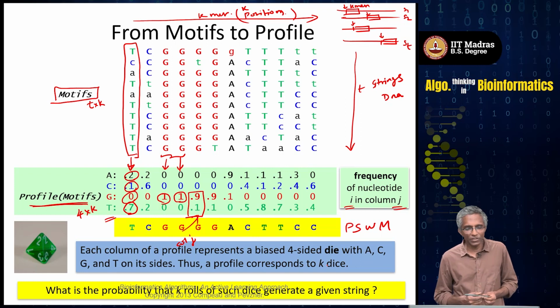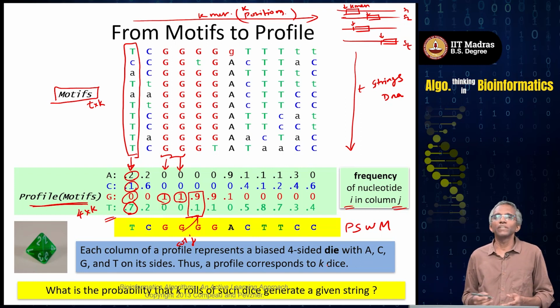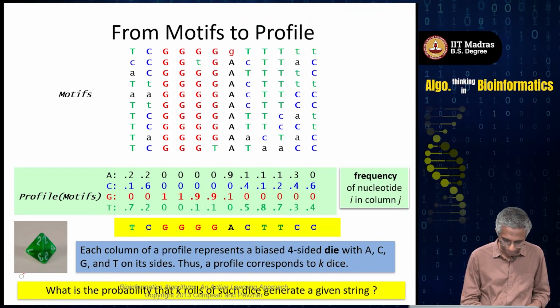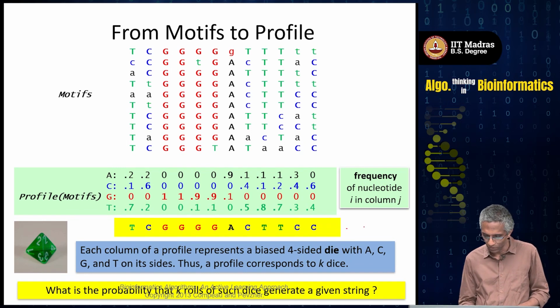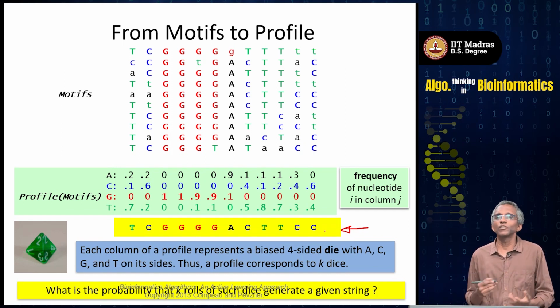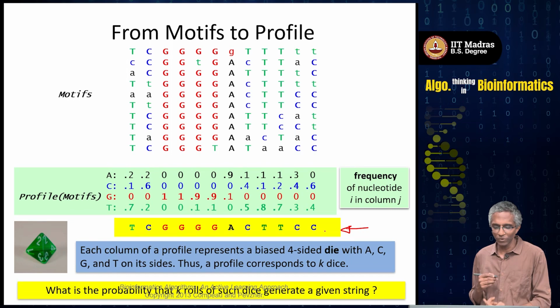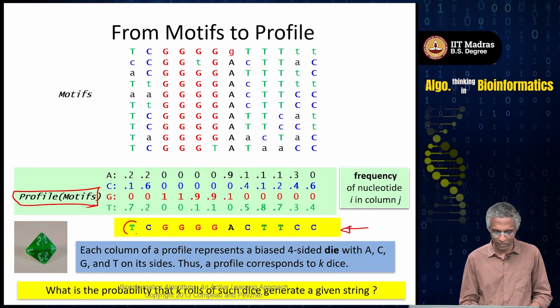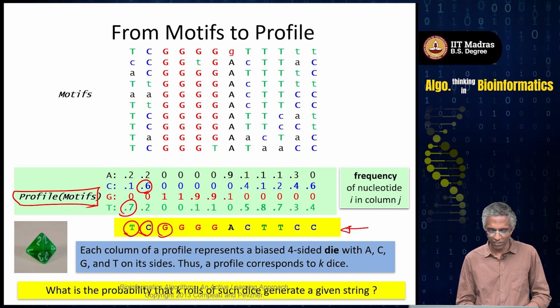So, given this, you can always calculate the probability that a given k-mer would be generated by this profile matrix. If I want to look at this particular k-mer, TCGGGGACTTCC, you can calculate the probability that it is generated by this profile matrix, because the first letter is T, so I take 0.7, the second letter is C, I take 0.6, the third letter is G, I take 1